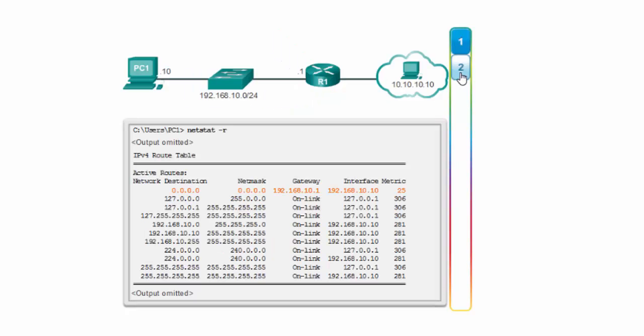Another simple example, if we assume that PC1 wants to send to a network address of 10.10.10.10. Okay, so in that case, if we look at these entries here, and we try to match this with any of these entries, we will find that it will not match any of these entries. In which case, it only matches this entry, which is 0.0.0.0, and it matches this destination address,